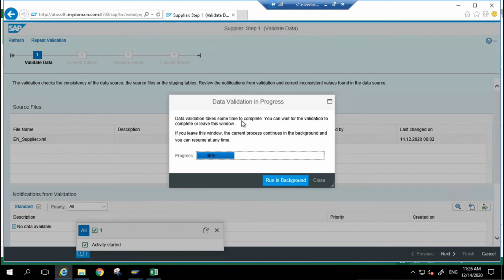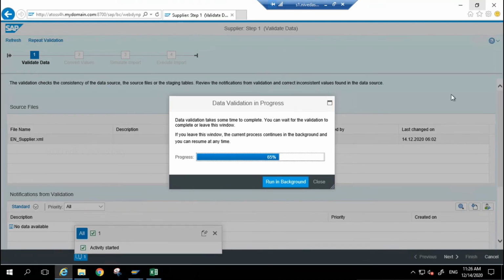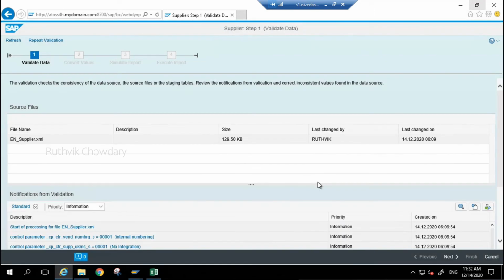So in that way, it can be done. As I said, now everything is a guided process. Okay. So now everything is completed. So there is no errors. Fine. So validation is completed.